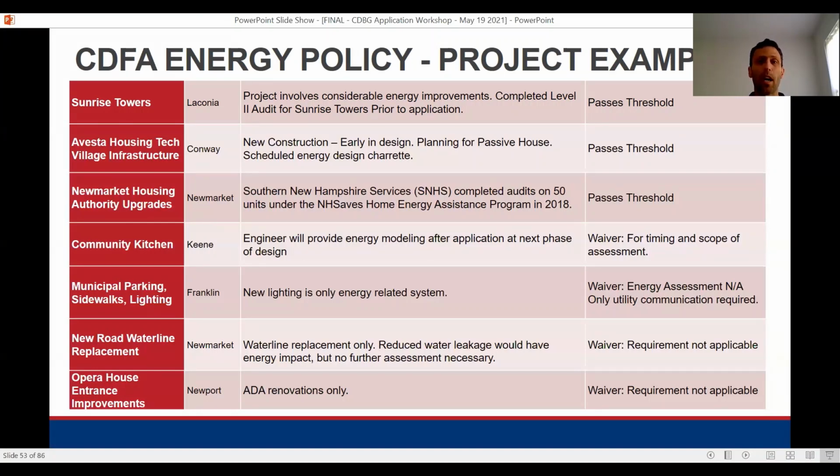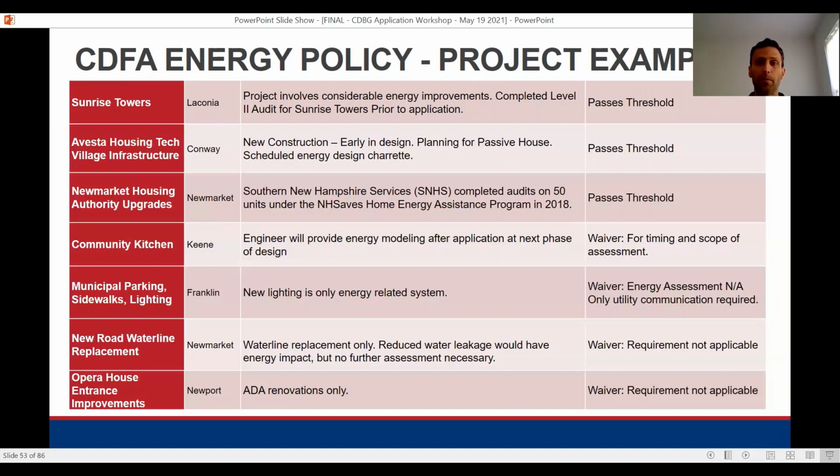If you go down to the water line replacement in Newmarket, in this case, this was just replacing water lines, so there wasn't necessarily changing of pumps and motors and specific energy items, though the reduction in water leakage would have had an energy impact. But in this case, there wasn't really an assessment to do, so this was a waiver that the requirement was